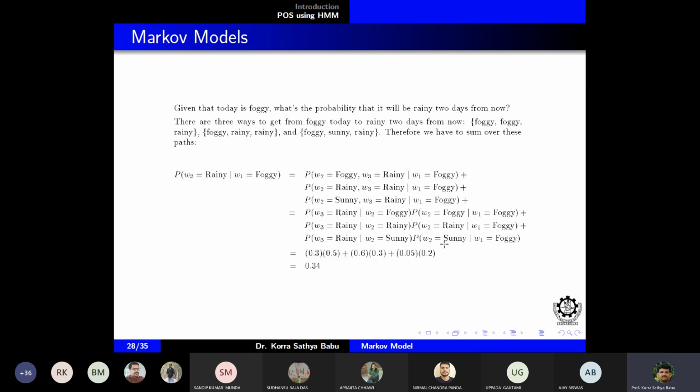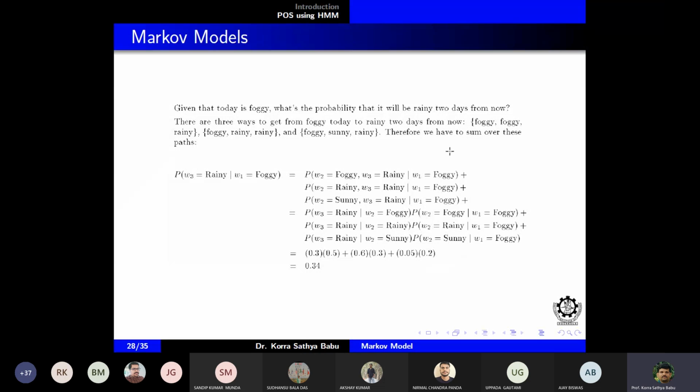Okay, what is the probability that it will be rainy 2 days from now? Please remember that today is foggy. So 2 days from now, it will be rainy. What is the probability? It means that we are not given the day in the middle. So what they have given is